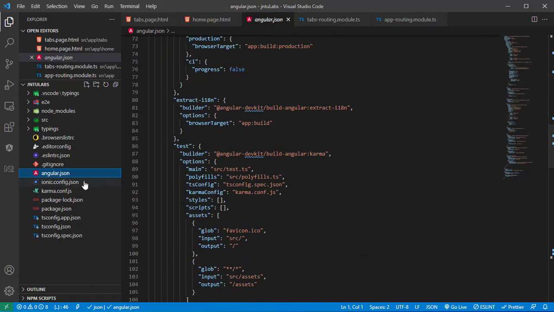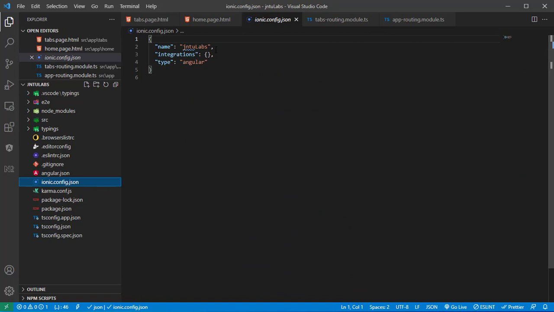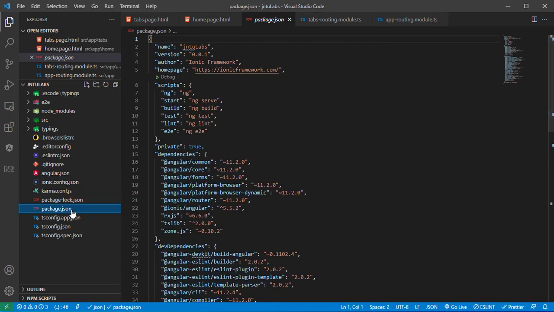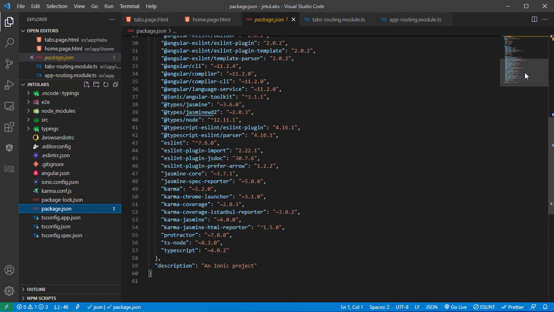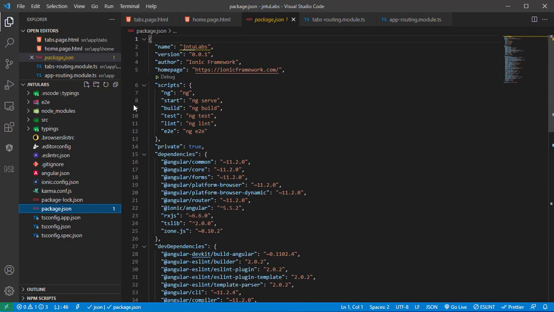So bootstrap files. Next is your project Ionic configuration file, and the most important part is config.js. You don't have it right now, but you will be getting it, config.js, which will be the important part. And this is package. Here you have package. Basically whatever the packages you have, all the packages are named here. That's it. Now coming to source.